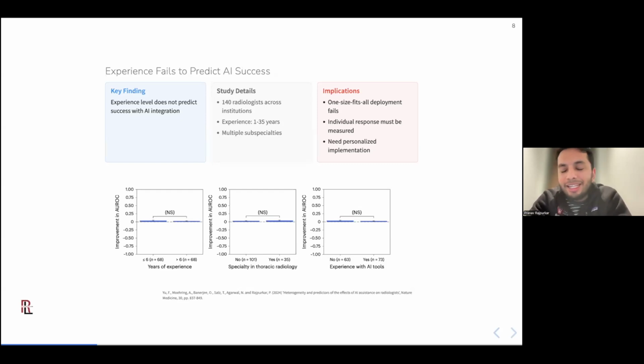What this implies is that one-size-fits-all deployments fail, and that we need to think about catering to individuals without relying on coarse ways of defining groups, like years of experience, specialty, or experience with AI tools.